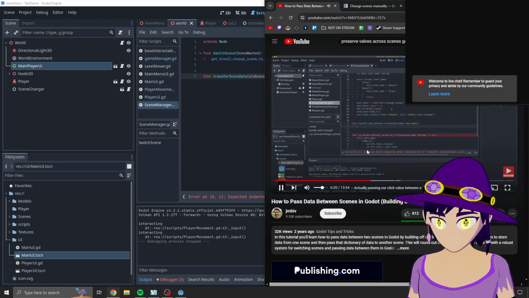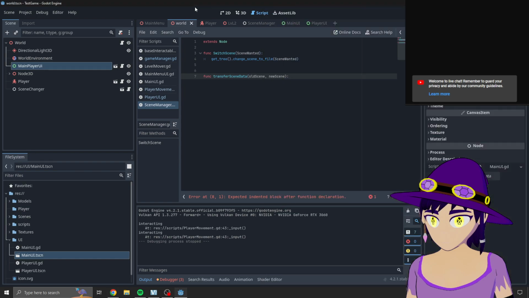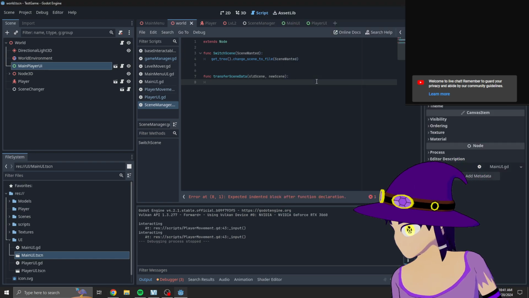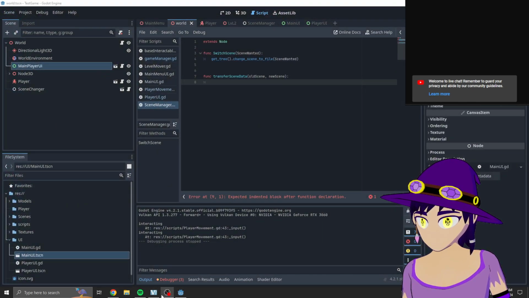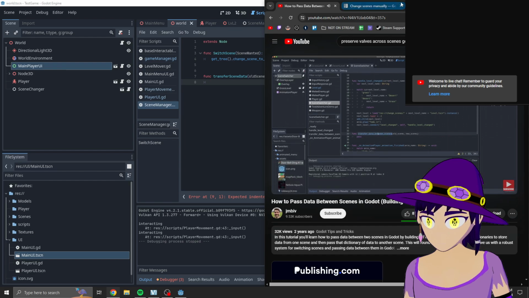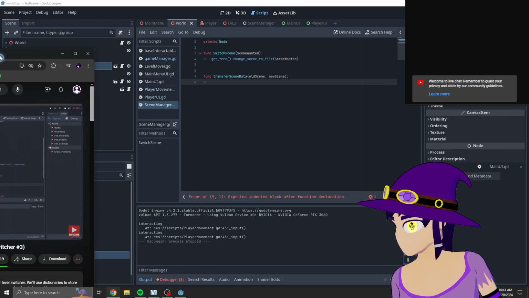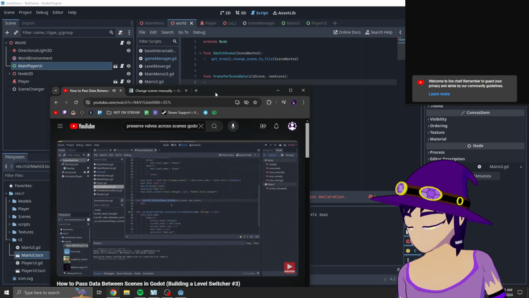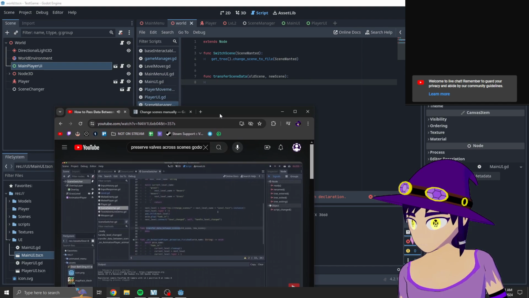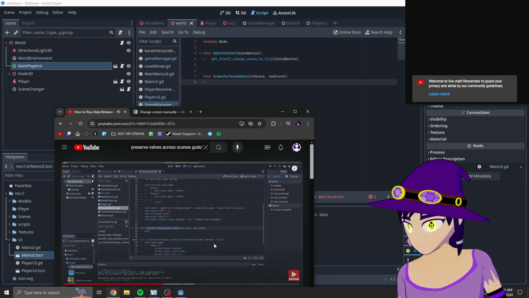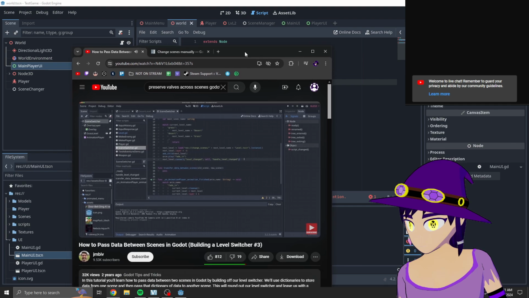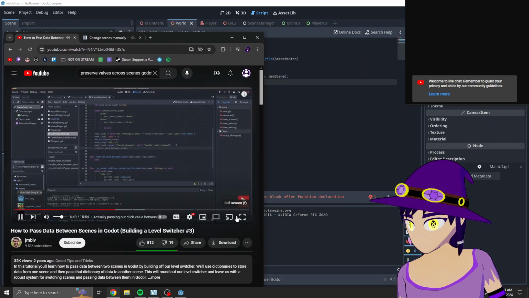So when we do this and we're passing in our old and new scene, here is where we're going to want to transfer all of the data from one to another. And now what we're going to do is call this new function, transfer data between scenes, when we are in our handle level changed function. So as soon as we connect our next level, or as soon as we load in and instance it, then we are going to transfer data between scenes. So after we've connected this here, I'm going to call this function, and we